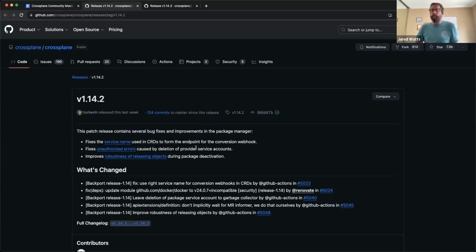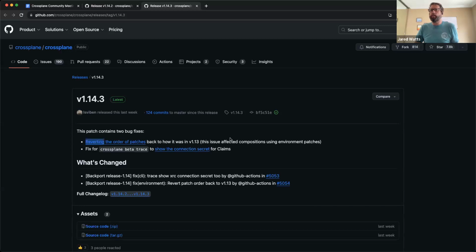For instance, folks in certain scenarios who defined a service account to use would see it not be stable and oscillate over time. We fixed that, which is probably the most useful thing to call out in the .2 patch release.